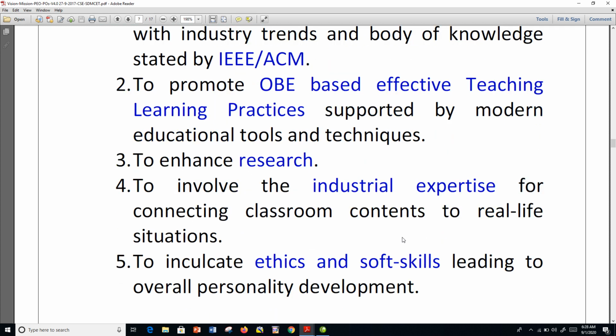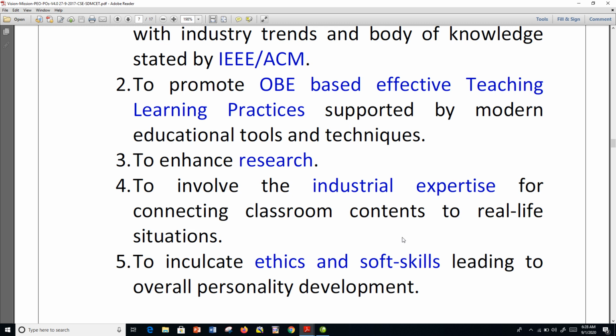And the last important aspect of the mission is to inculcate ethics and soft skills. This is the most important thing. Professional ethics, we talk about that, right? There's no single definition for professional ethics. It includes several perspectives. Maybe starting every work on time, completing everything in time, time maintenance and all. The way that you present it, clearly presenting your ideas to others, communication aspects, preparing the reports, respecting each other's views and all.